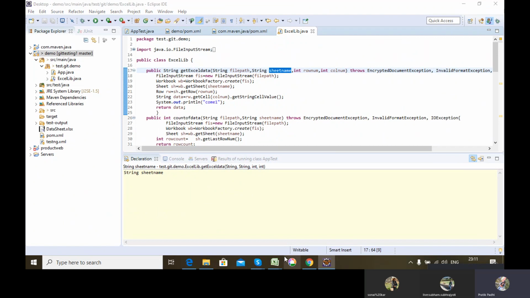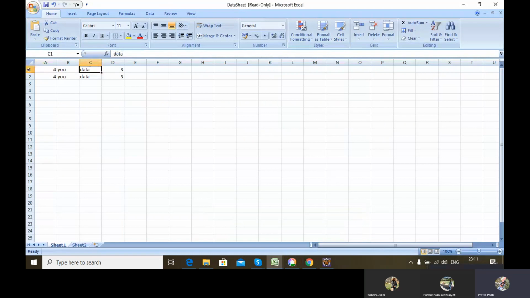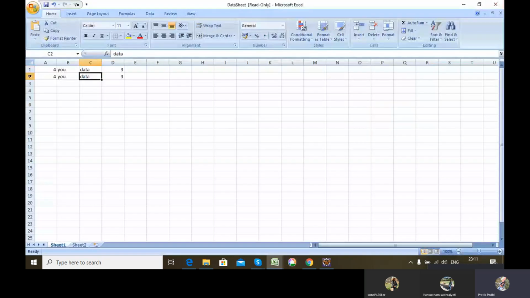Let's say for example, this particular cell consists of row number 0 and column number 0, 1, 2, so column 2. Always the counting starts from 0. So for this cell it is row 0 and column 2. Similarly, if you go to any cell, this one will correspond to row 1 and column 2.